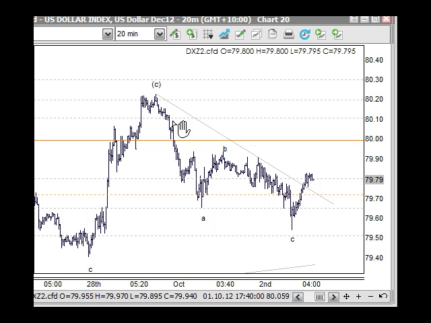So it could be counted the other way in terms of down for 1, an A and a B and a C wave here, and then failing and then moving down. And that's why I mentioned the 79.72 as support or resistance. As a trader, you need to be on the right side of that particular number, and you should be safe from that point. So taking this sort of concept and looking at the euro, for instance,